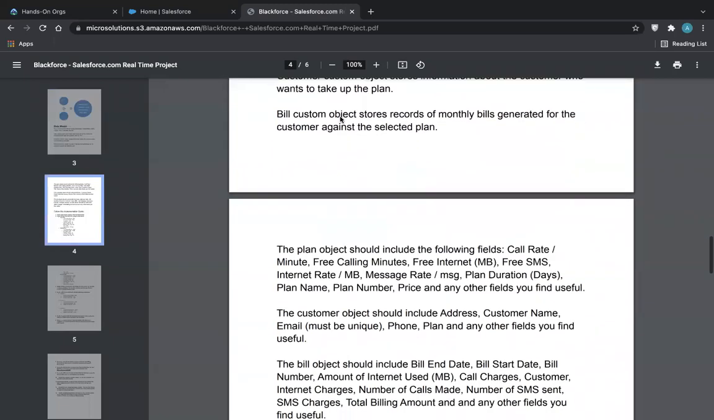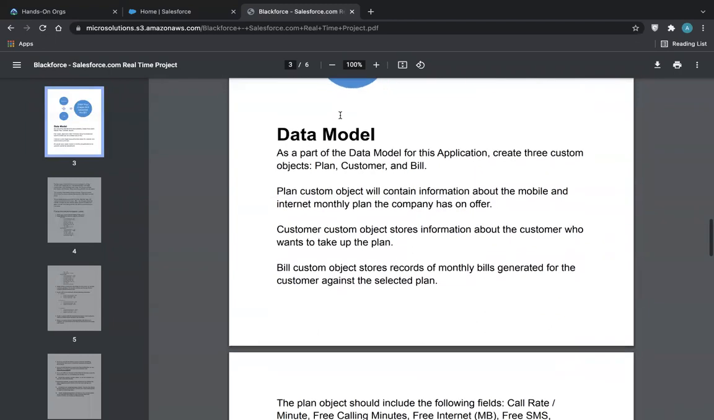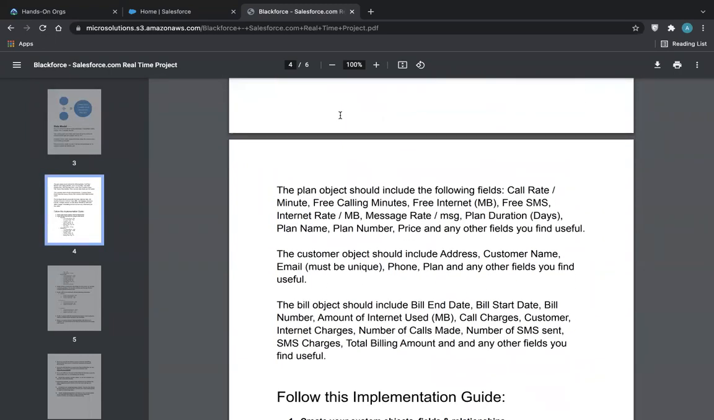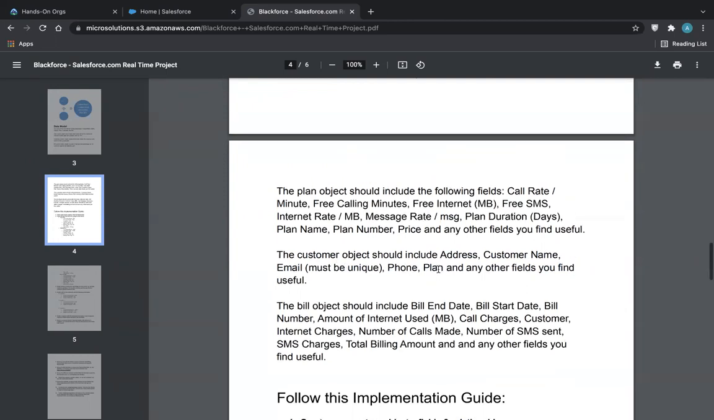Now, the fields in customer are already given somewhere. Let me see. Yeah, these are the fields for customer: the address, the customer name, the email, the phone. Make sure the email is unique. You know how to do that already. Then the plan is a result of like